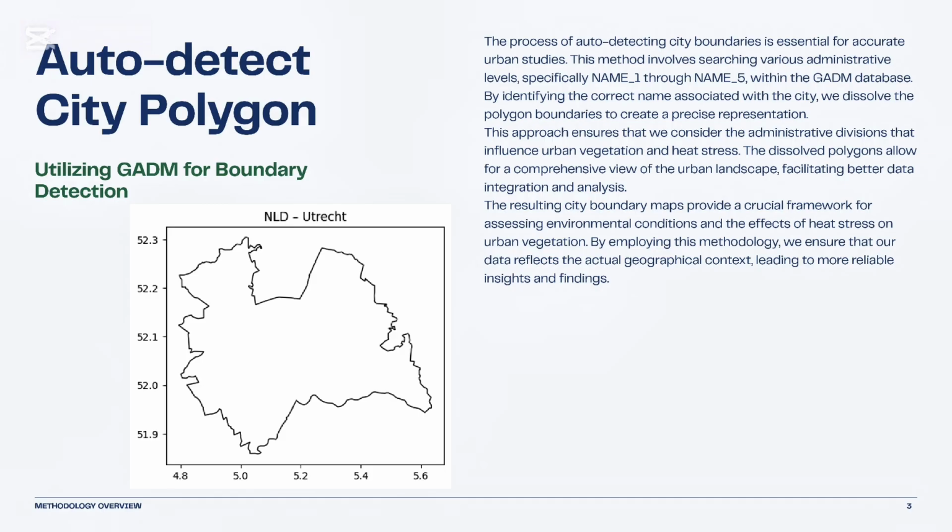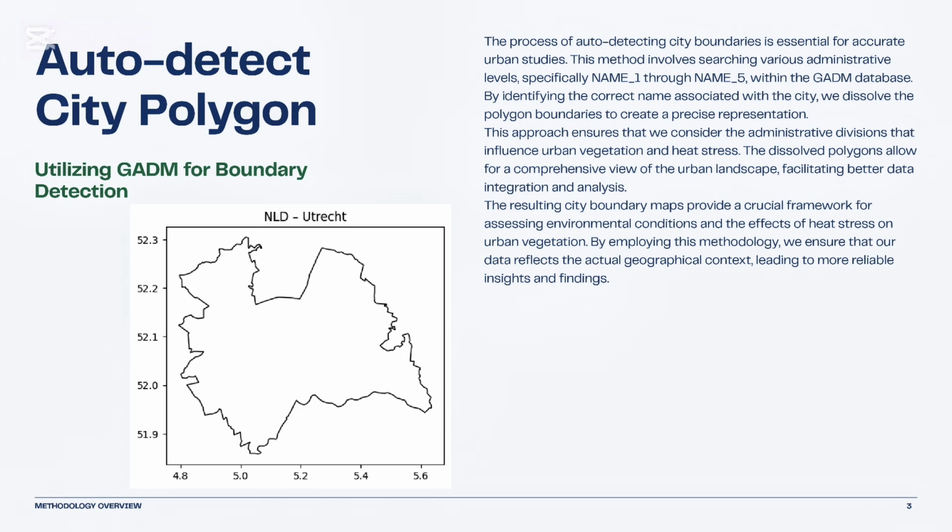Before any analysis, we had to define our study area. We used the GADM database to auto-detect the administrative boundaries for our target city, Utrecht in the Netherlands. By searching the administrative levels and then dissolving the internal polygons, we created this precise unified boundary you see here. This area of interest, or AOI, is the foundational map we used to clip and spatially average all our subsequent